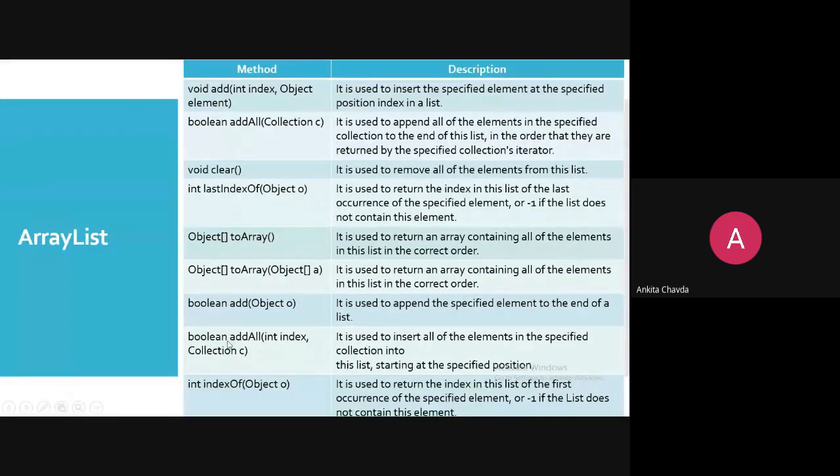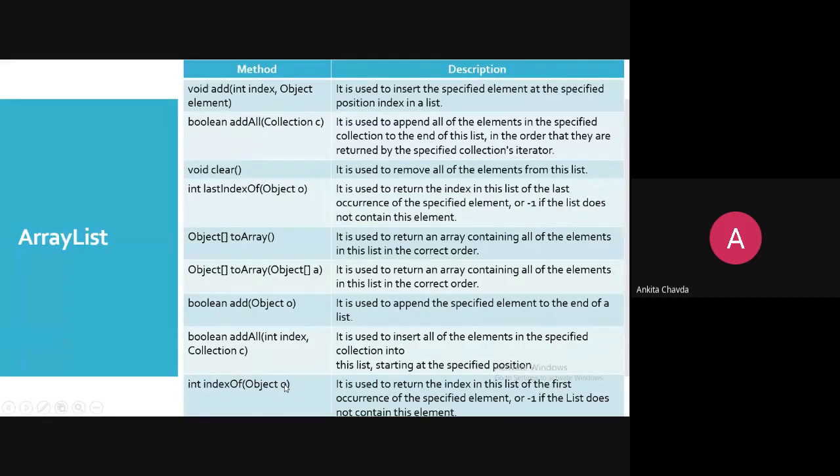addAll, again, you can add at a particular index also. Here we have seen only the collection, but you can even specify a particular index. It is used to insert all the elements in the specified collection into the list starting at the specified position, right? And indexOf is used to return the index of the first occurrence of the specified element.